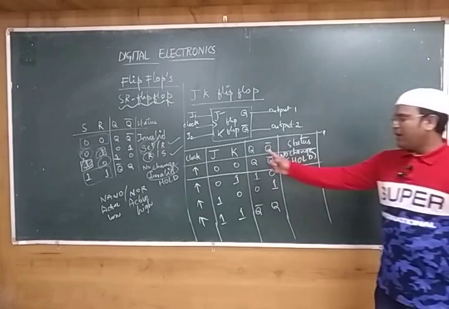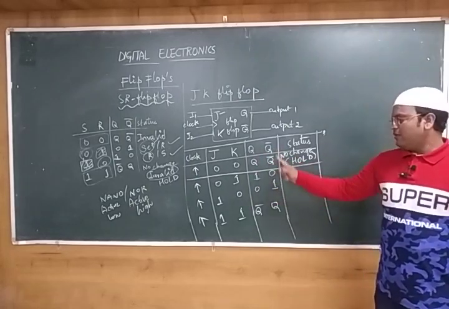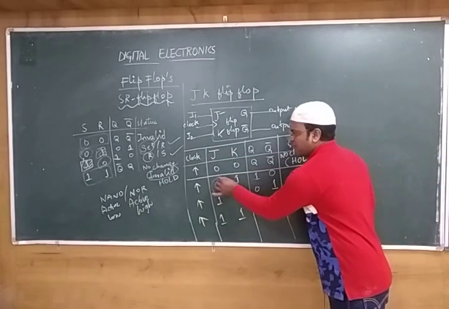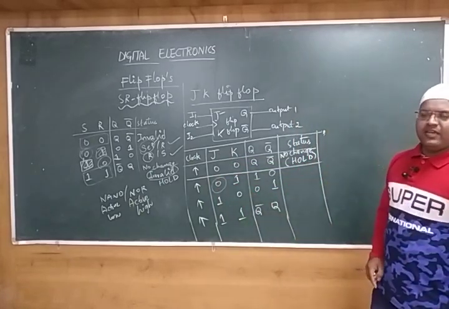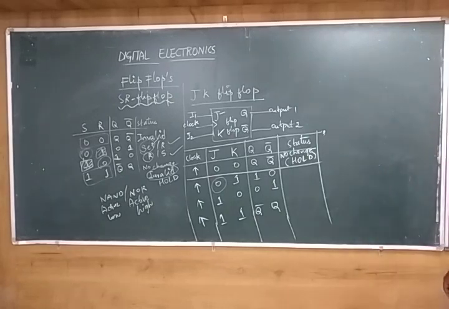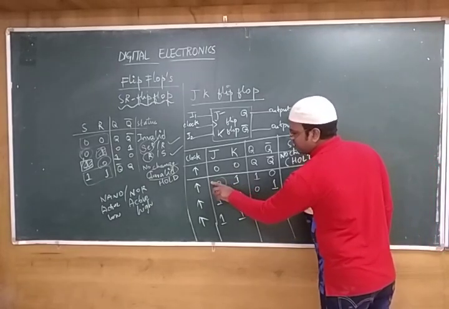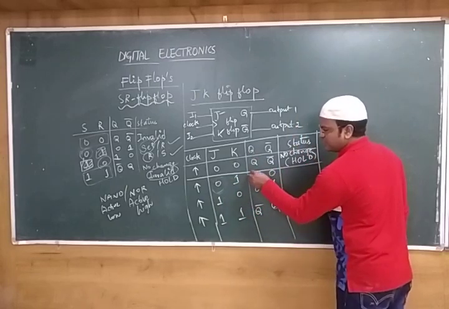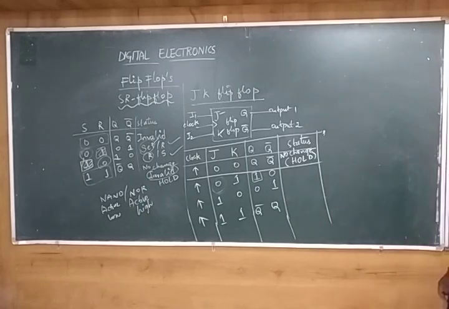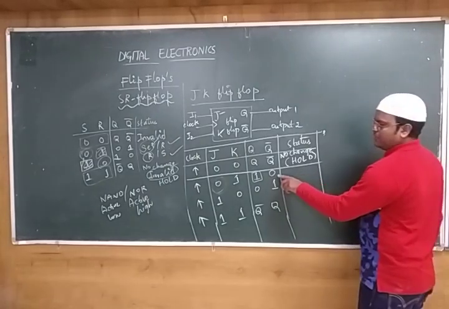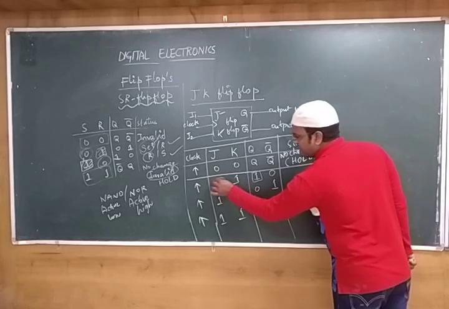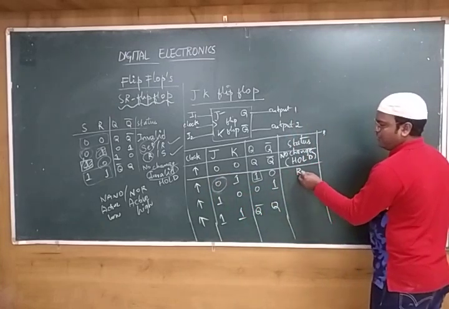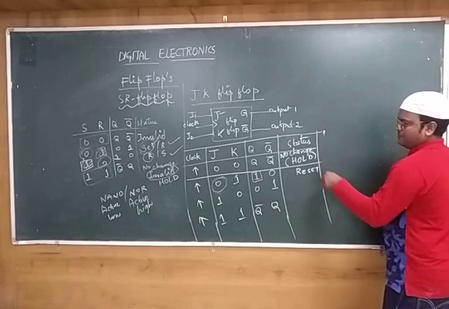Second thing, we are writing Q equals 1 and Q bar is 0. See here, J is equal to 0. So when J is 0, suppose I am designing by using the NAND gate, what can I write? For a NAND gate or NOR gate, first we have to go for 2 kinds of approach. When 0 is there and 1 is there, Q is becoming 1. So what is the state of Q right now? 1. The complement of that would be 0. So when we are writing J equals 0 and the complement of that also 0, then it is called the reset state. So we wrote it.